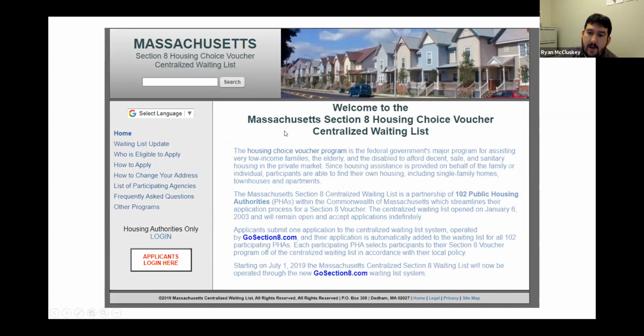And you'll be brought to this page right here. So a lot of the Section 8 participants, there's I think around 102 housing authorities that are participating in the centralized waiting list, where you can have access to pretty much any housing authority that's participating and can apply for anyone that's participating. So when you get to this page right here, you're going to select gosection8.com,